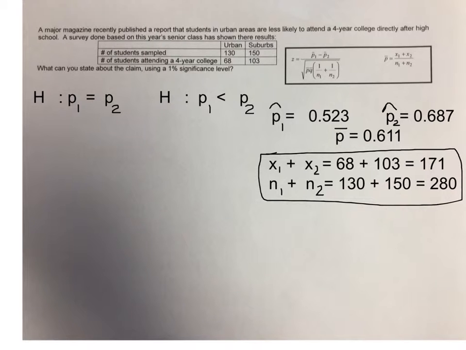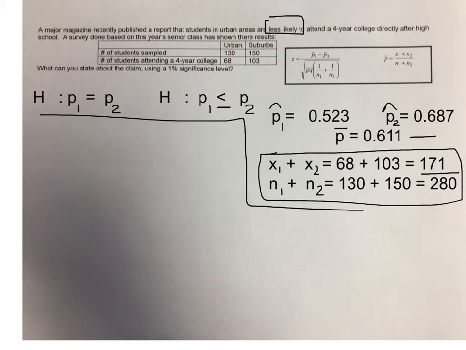So now you found all your information. Hopefully you found your p-bar value by simply dividing 171 by 280. In this situation, we're talking about less likely, so that's why it's a less than symbol here. So if you're okay with all this, and I hope that you are, pause the video again, go ahead, set